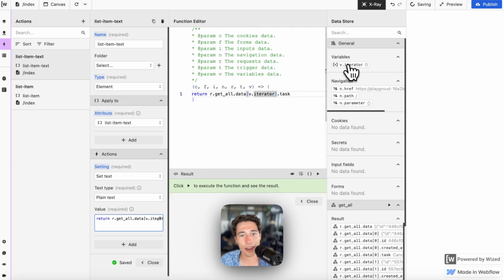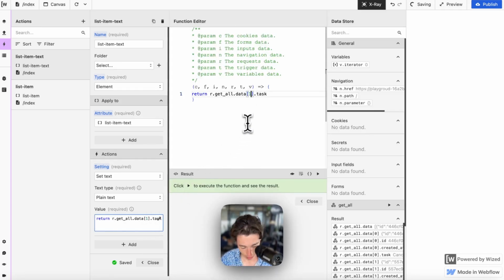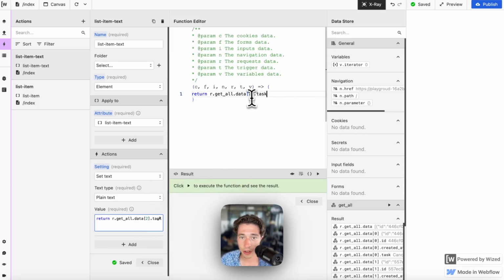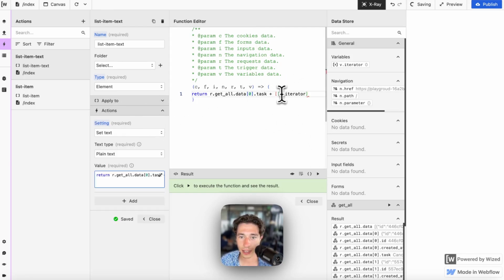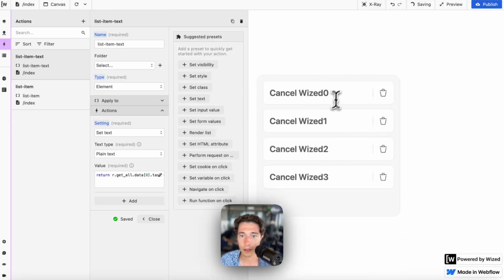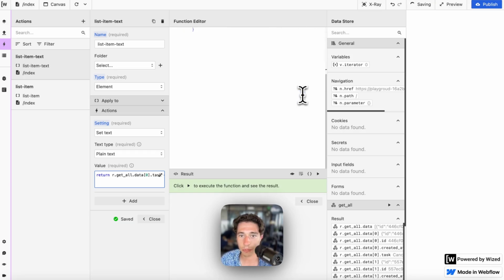If I assign the iterator, which, actually, let's go even one step back. If I do 1, all will say reactivate Wized. If I say 2 and run this, always say buy Wized merge, and so on. So we need this dynamic number. Let's actually add another experiment. If I were to add the iterator in here, just like after the text using a plus, we will see that it will say cancel Wized 0, cancel Wized 1, cancel Wized 2, cancel Wized 3. So I'm just going to take this dynamic number that will count up,